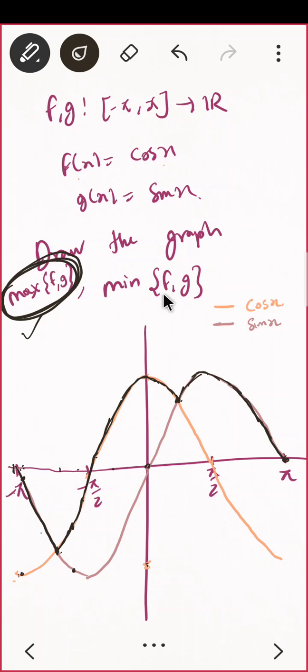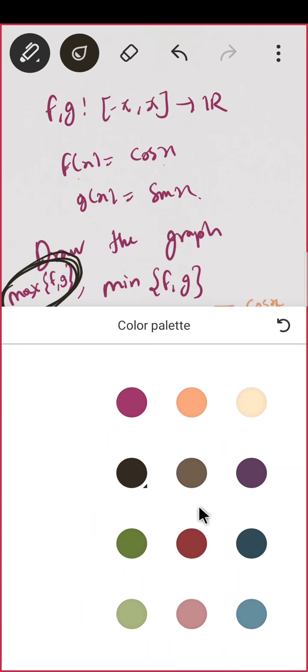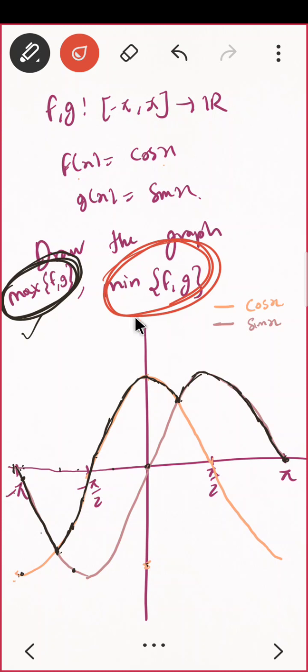Can you similarly draw the minimum of two functions f and g? So minimum, suppose I will quickly try to draw. I'll change the color. See, this one is for minimum. So from this interval to this intersection point, this guy is the minimum, correct? So from here to here, this guy is the minimum. And it will go till the intersection point. From here to here, this guy will be minimum.